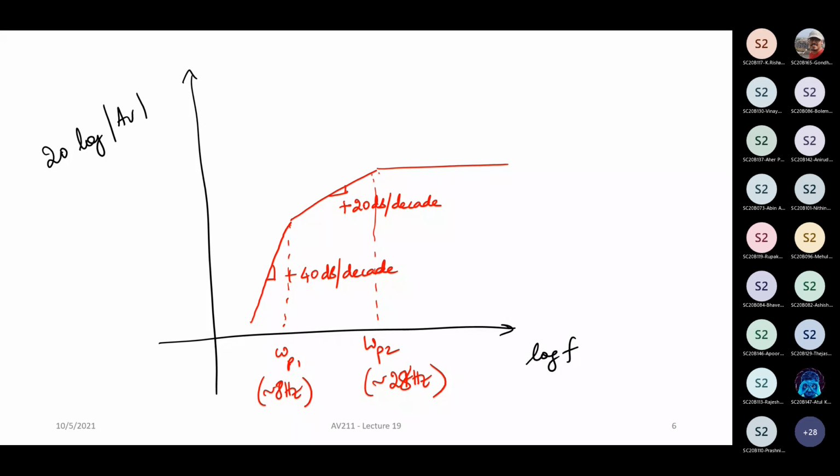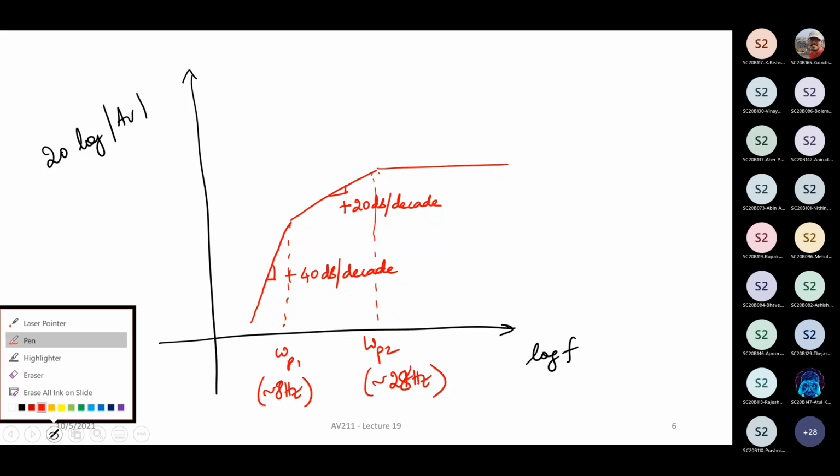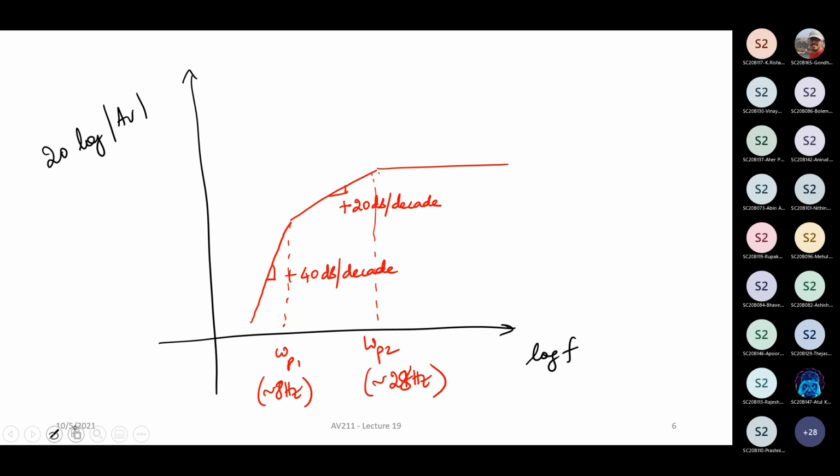All right. Now, in this case, omega p1 and omega p2 are close by. What I have drawn is the Bode approximation, where you draw tangents and draw a line like this. In fact, the actual response will look something like this. The closer you bring them, the more deviation you will get in that region. So this is with WP1, and this is WP without CE.